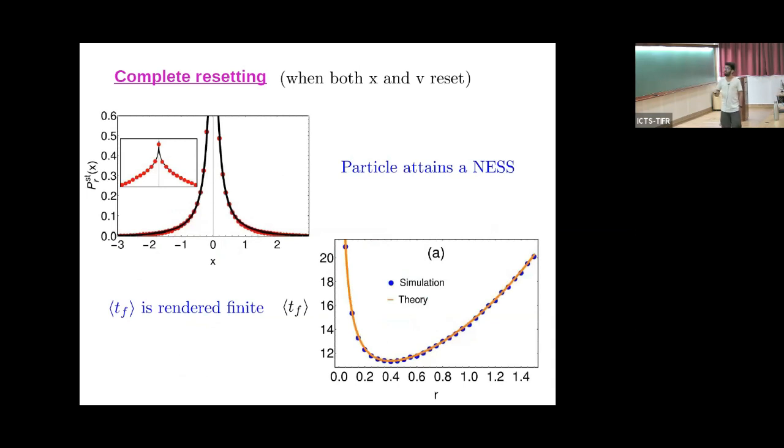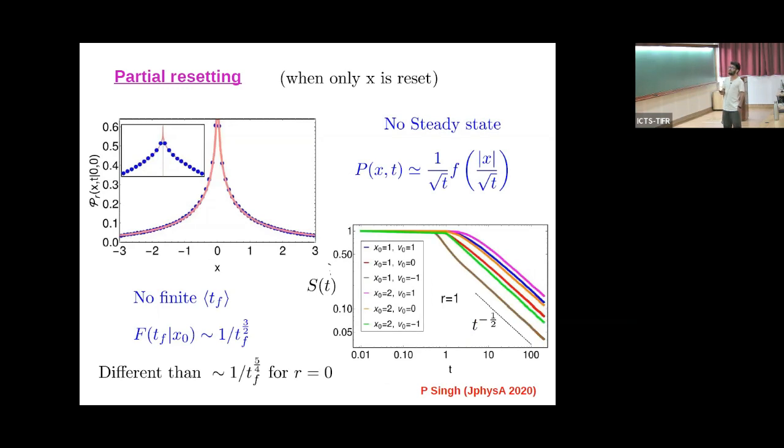So for complete resetting, once again, we find that the particle attains a non-equilibrium stationary state, as well as the mean is finite, and also it has some optimum value at some value of this rate. So the effects that were seen for Brownian motion are also seen when both x and v are reset. On the other hand, when there's partial resetting, where I was only resetting the position but not the velocity, those things are not seen. For example,